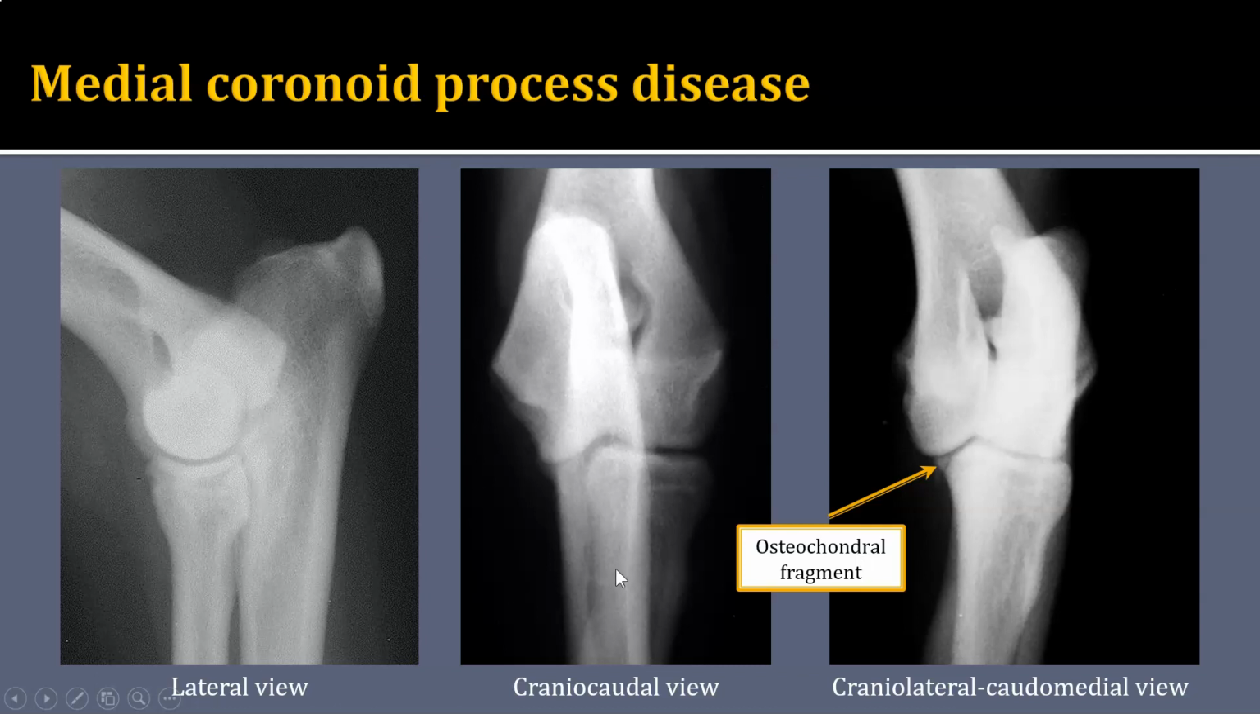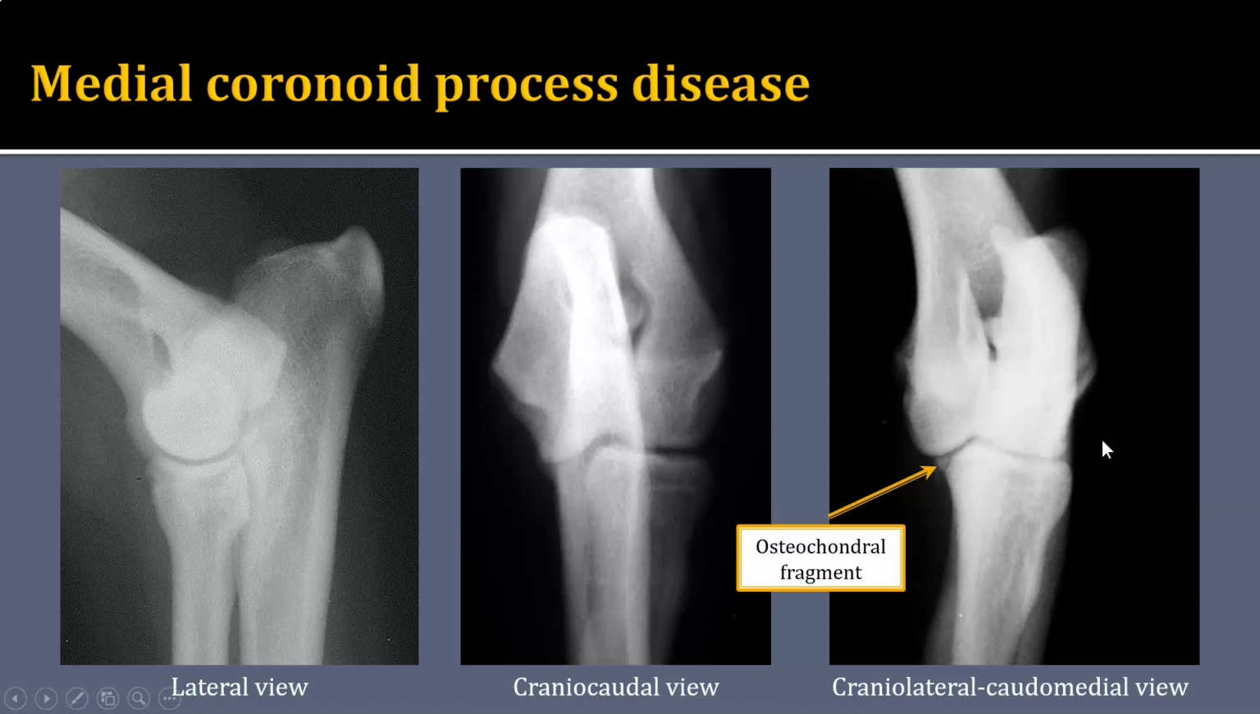And in fact, on the craniocaudal view here, the area of the medial coronoid process actually looks pretty okay, and I don't see any irregularity of that medial humeral epicondyle. So pretty minimal changes to be helpful on the standard orthogonal views. But then we want to add in that pronated view, or that craniolateral caudomedial view that we learned about in the